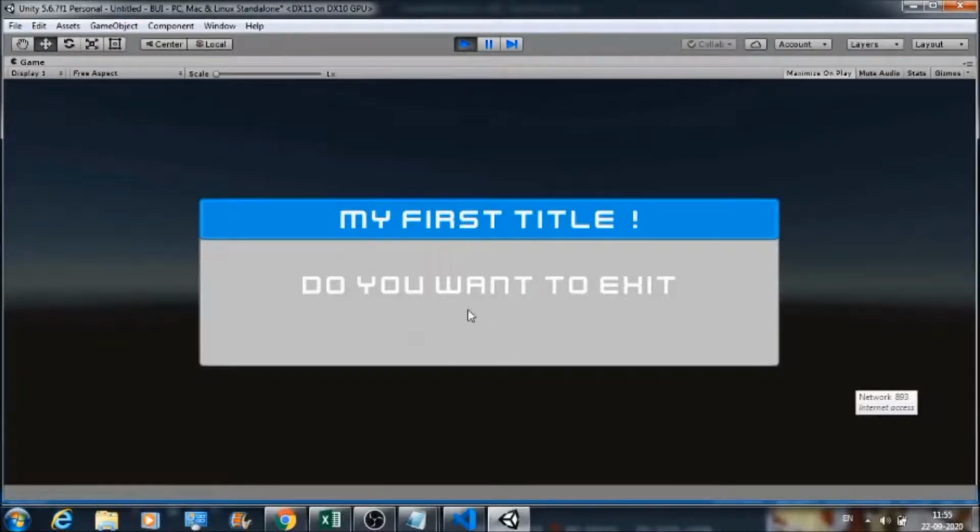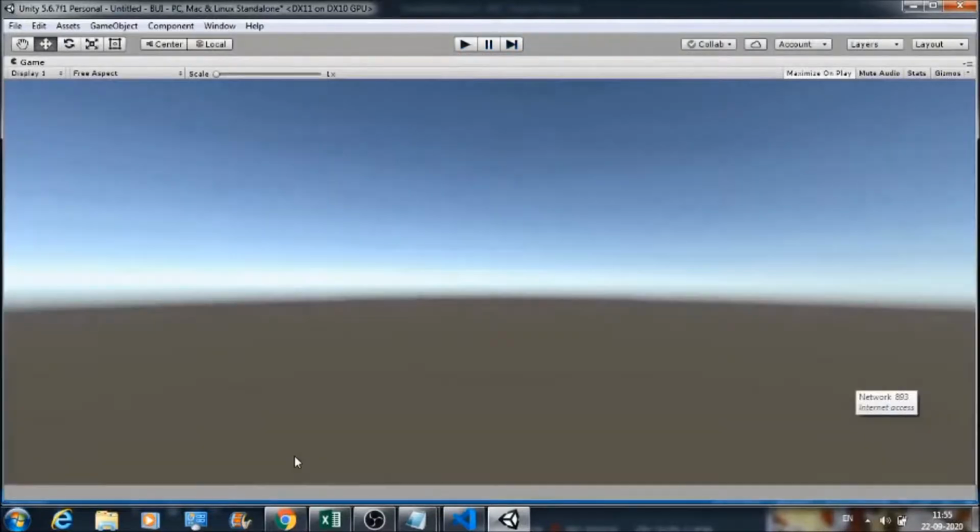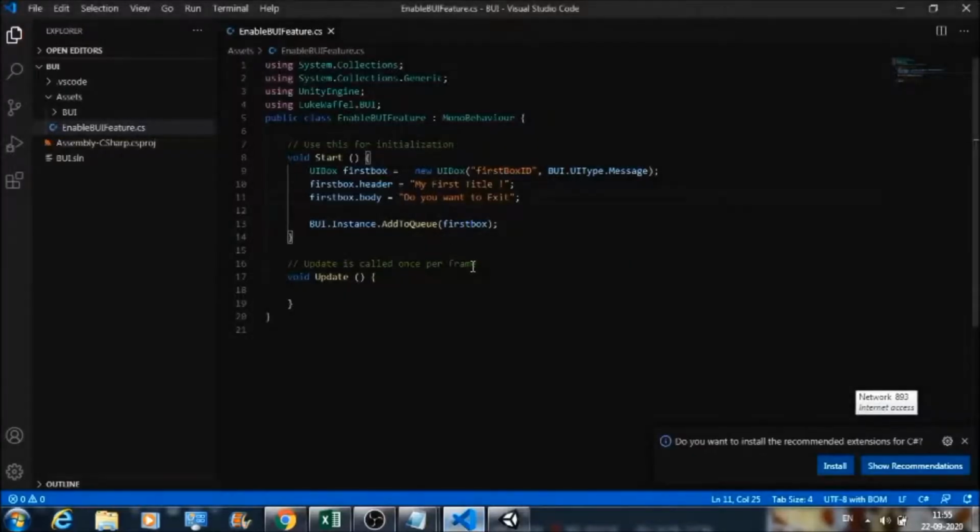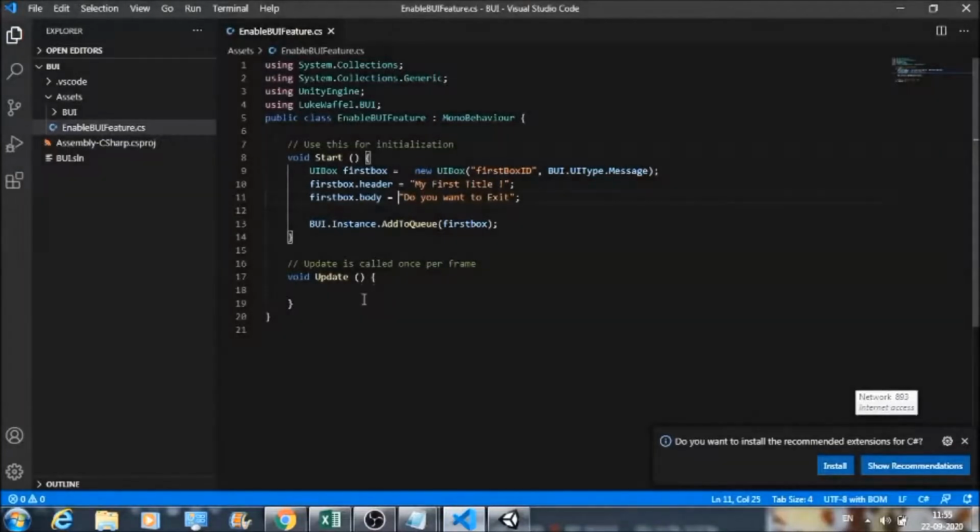So this is what you're going to see. This is a message box. Now we do not have any kind of button over here. If you want to define a button, we need to create a button first, right?